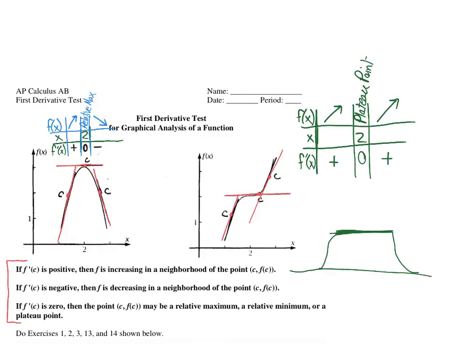It doesn't have to be perfectly flat, but typically a plateau, to distinguish it from a hill or a mountain, is something that's kind of raised and pretty flat on the top of it. Well, that's why it's called a plateau point, because we're going up to it or down to it,